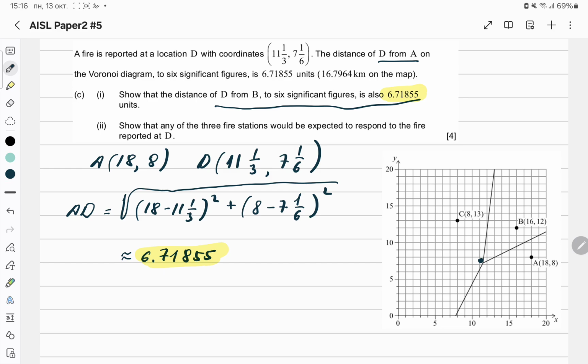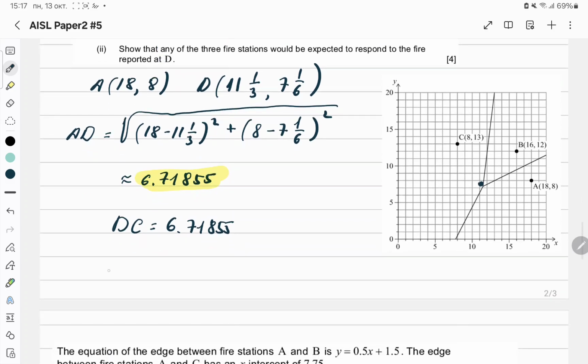DC is equal to the distance AD, because it's... So that's why we can say that DC is equal to 6.71855. Yeah, so by calculating, so again we are calculating DC, so let's calculate it, because probably it's not clear